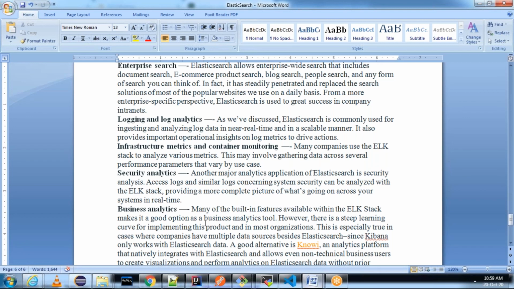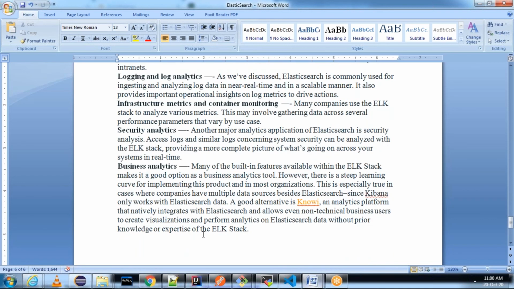And finally, you can use it for business analytics as well. When your application is running live, and you want to see how well your market is going with your products, you can use Elasticsearch as a business analytics tool, so that you can analyze the data using Kibana, using different graphs, and get better visualization and analytics on your data, so that it will be